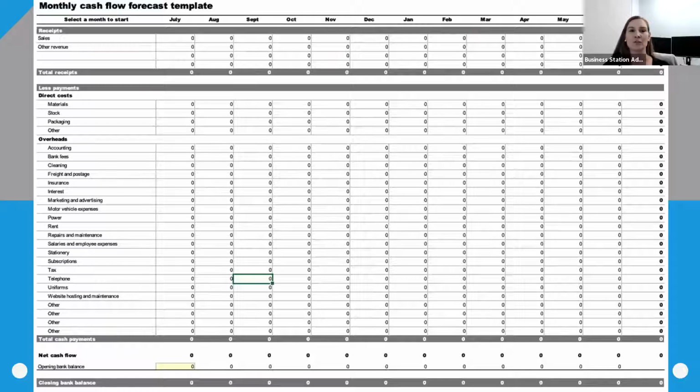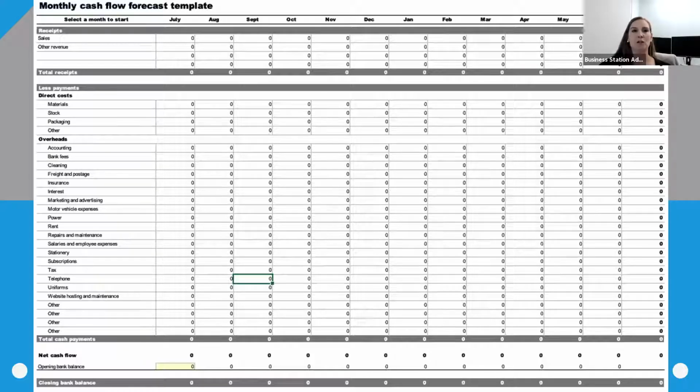There could be other revenue that you get as well. So there could be, you know, anything from GST rebates or tax refunds. As an owner, you might put in an investment of cash to add extra equity into the business. So you might do that at a specific time, you know, in November, you're going to have to input $5,000, for example. There could be government or other grants and funding. You might sell an asset or anything like that. So any inflows of money, any money that's coming into the business.